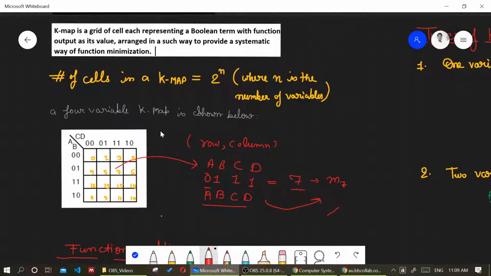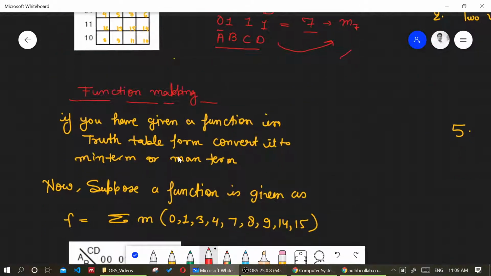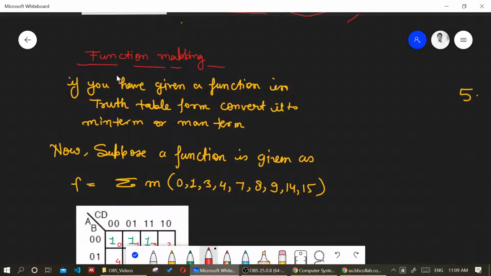Now let's see how the function mapping can be done. If you have a truth table, you can convert it into the minterm form. If you already have this expression, that's fine. If not, you can use the truth table to find the corresponding expression, or the minterms, for which the function value is 1.